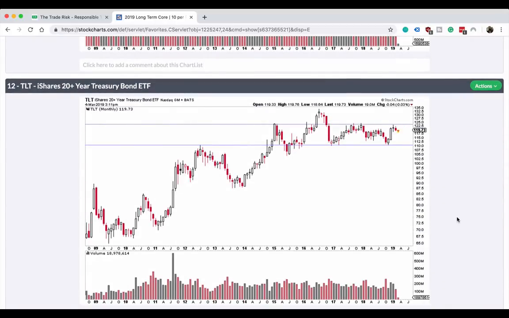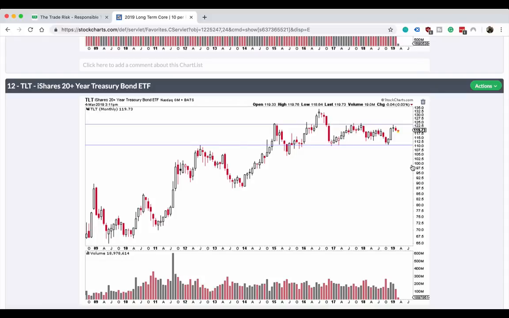If we go down to our next chart, this is Treasury. This is long-term Treasuries, 20 plus years, the iShares TLT ETF. It's its own animal here, but mostly sideways since 2015. It topped out at the end of 2014 around 122. It did have a brief stint here as it tried to break out in 2016 to new highs, but then it fell back into this range, and it really, for the past 4 years,